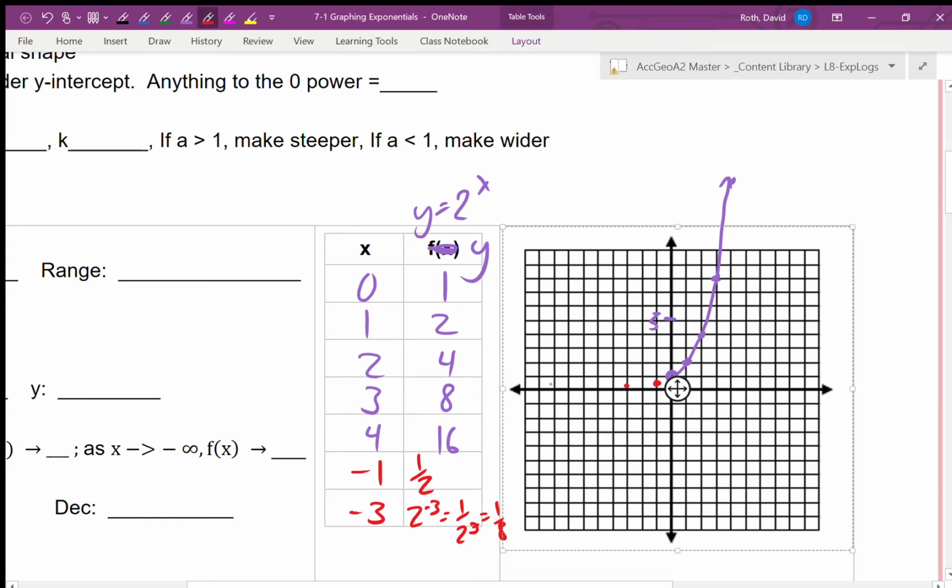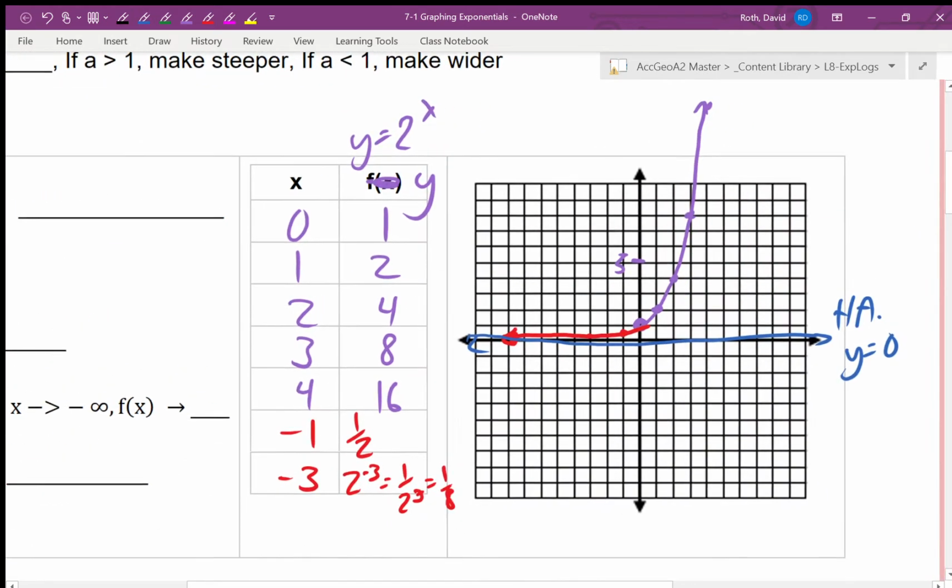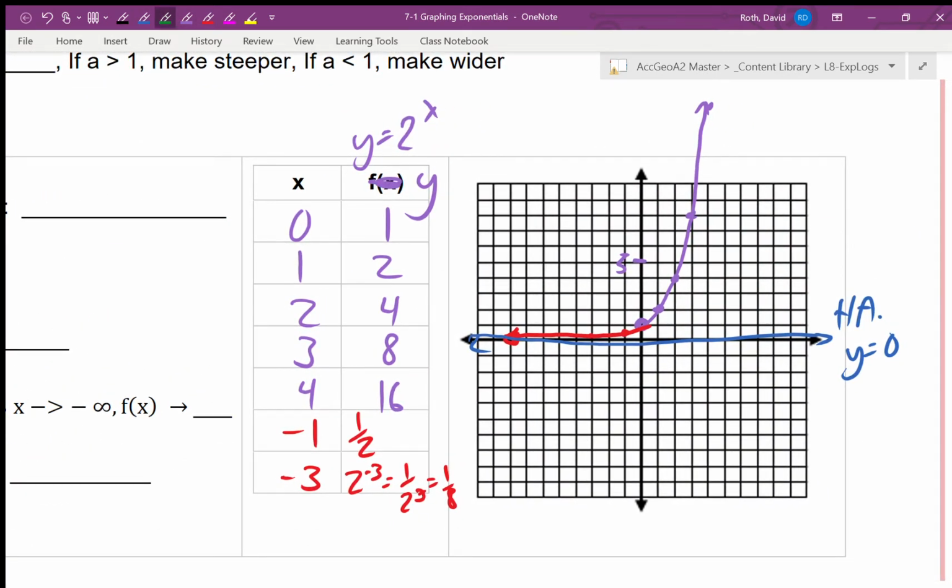And that's why we go to an asymptote with an exponent. This is where you first experience an asymptote. What color should I make my asymptote? There's a horizontal asymptote here, HA, at y equals 0. Now, in the future, a couple things. I have a special name for this point right here.